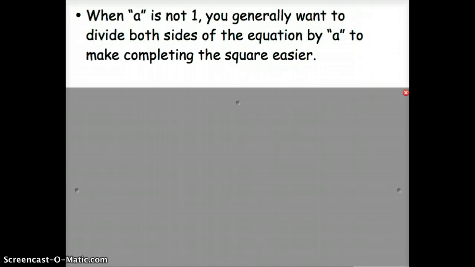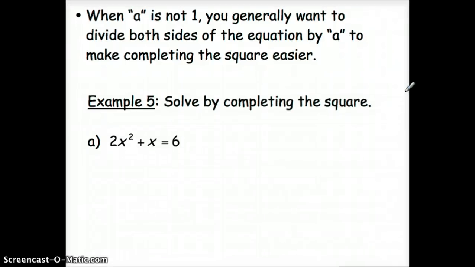A lot of times you might see the a coefficient not being 1, and generally you want to divide both sides of the equation by a to make completing the square easier. Still not necessarily going to be easy. But here's a case, 2x squared plus x equals 6. What I don't like here is that this term's not 1, and it's not a perfect square either. So it might be a good strategy to divide everything by 2 so I get that term to be 1. So then I have x squared plus 1/2 x